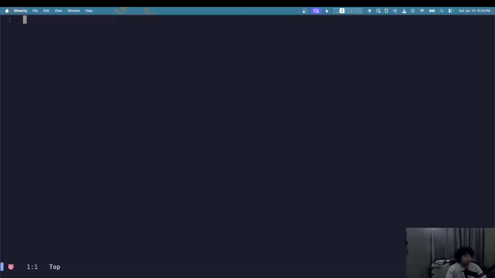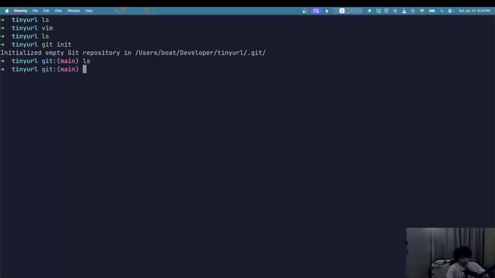okay, so let me initialize Git real quick. I'm not gonna put it on my repo yet. I'm just gonna have it for logging purposes. Okay, anyways, let's make a readme,